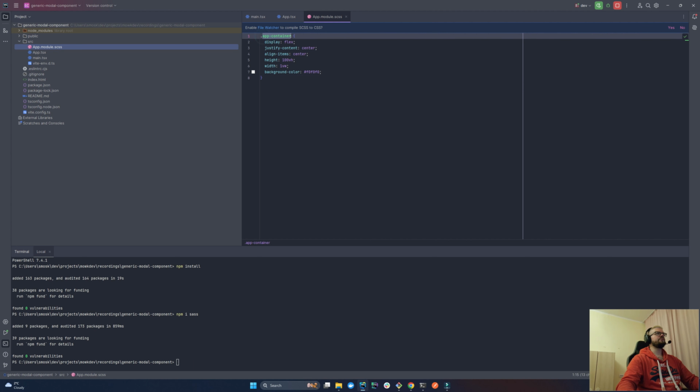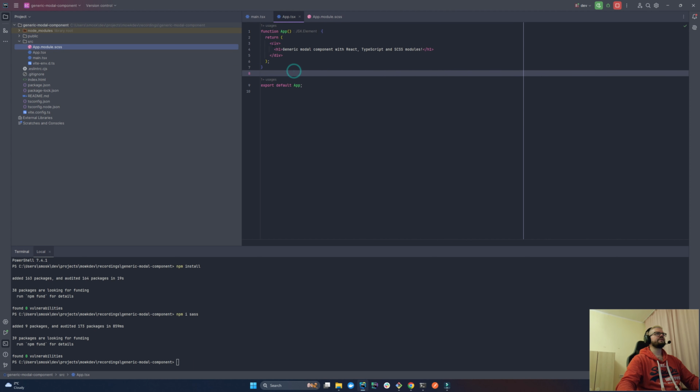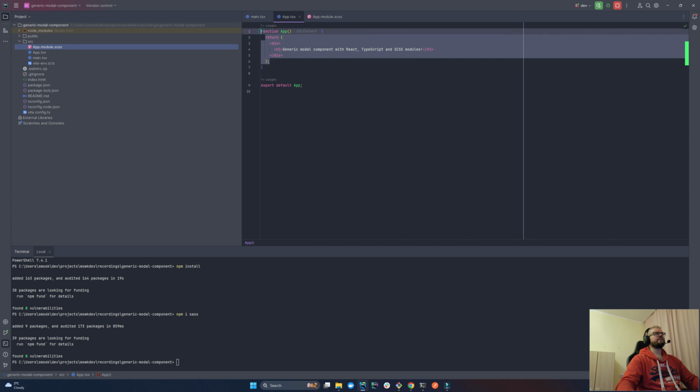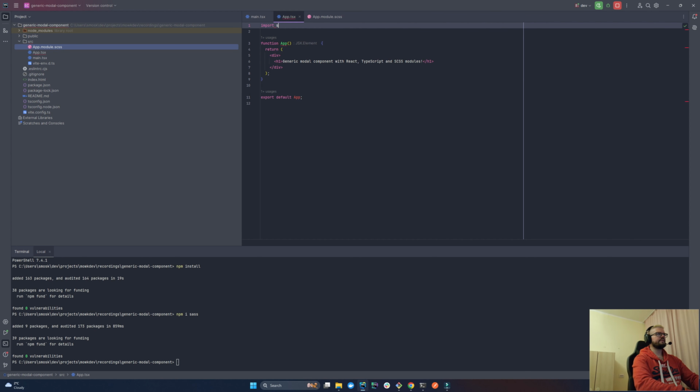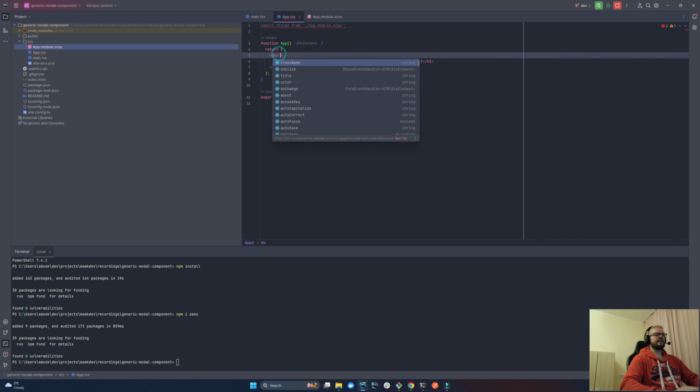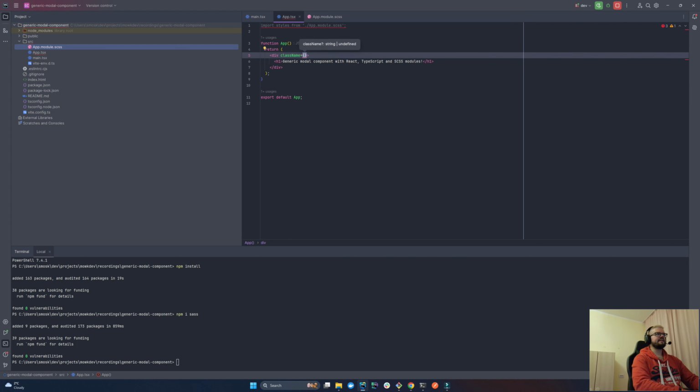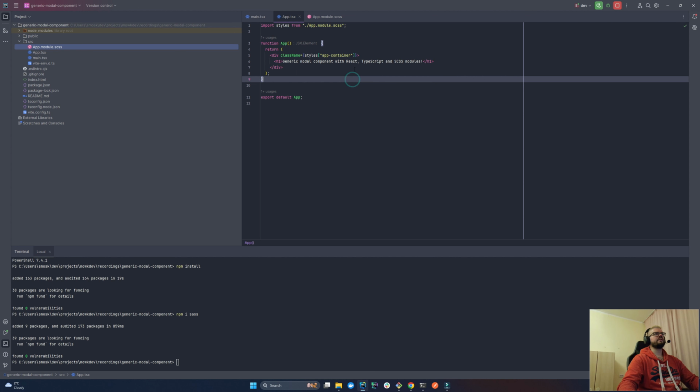Now we need a way to use this class name to style this guy here. In order for us to do that, let's import styles from the module that we just declared and apply them by calling the className property on the div. And we're going to use styles and the name of our class that we defined there. So app container is the class name that we defined here, and we're applying it to this div here, to this class name. Let's take a look at our page,